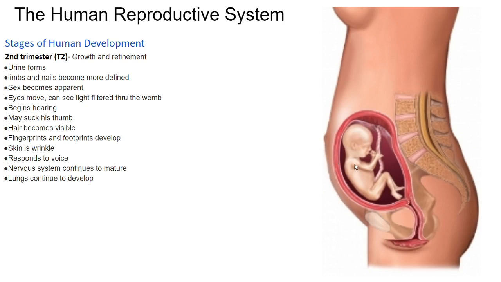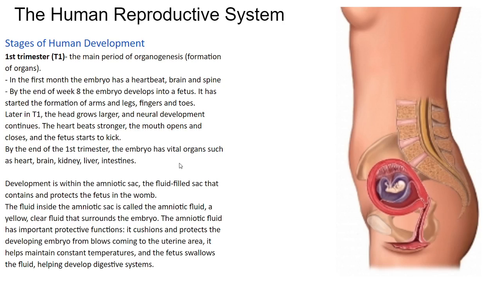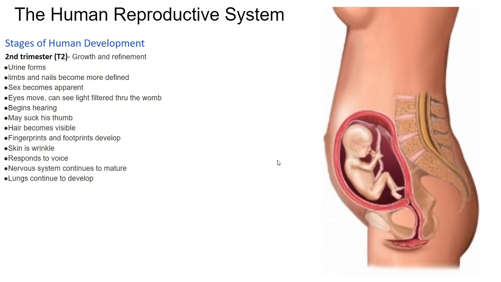Its nervous system continues to develop and mature, and its lungs continue to develop. Now, second trimester is kind of boring because everything that was there in the first trimester is now just starting to mature, is all that's really going on. And the neural development is the big thing in the second trimester, and this is where you have to be incredibly careful with this child. Plenty of nutrition, plenty of vitamins, especially something called folic acid, making sure that everything this baby could need to